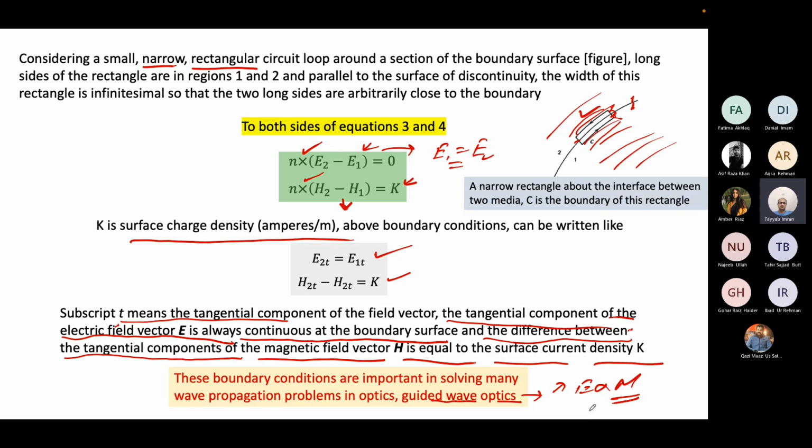Especially these boundary conditions are more important when a wave is moving through a certain medium, not in free space. यानी कि मीडियम में है, कोई मीडियम है and it's a waveguide, whatever it is. So उसके लिए हमें बाउंड्री कंडीशन स्टडी करनी पड़ती है. और बाउंड्री कंडीशंस आर लाइक, if you have seen the